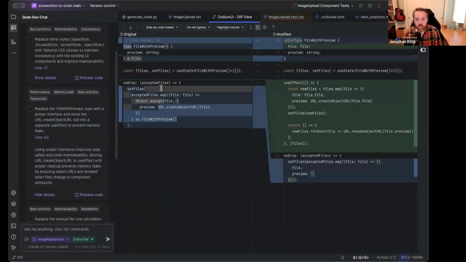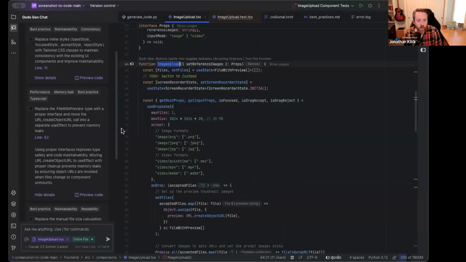And it actually shows me the exact code of what it would change. This is the diff. And so it can actually help me in being able to show how I would actually implement a fix or a solution to some of these things. Let's take a look at a couple more.